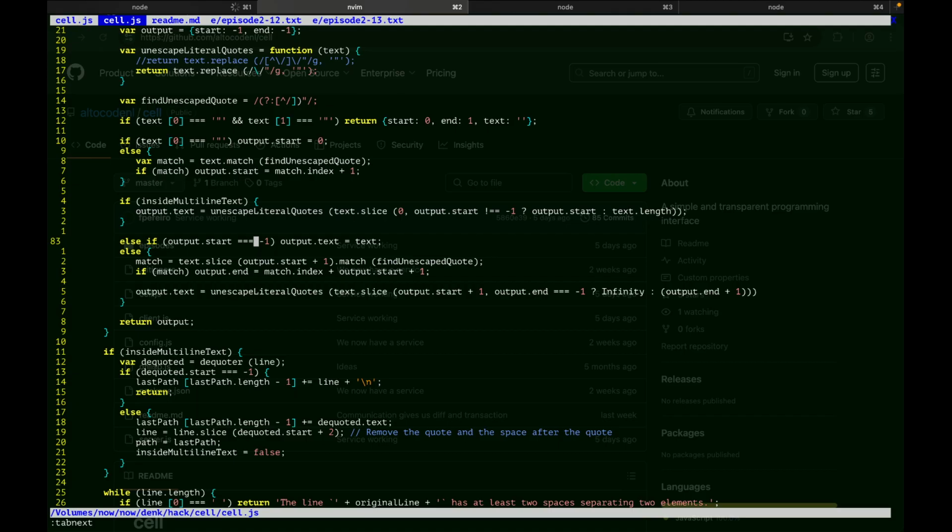If we are not inside multi-line text and there is a quote, this is probably the most common case, I guess. Well, more common than this. We match the text up to